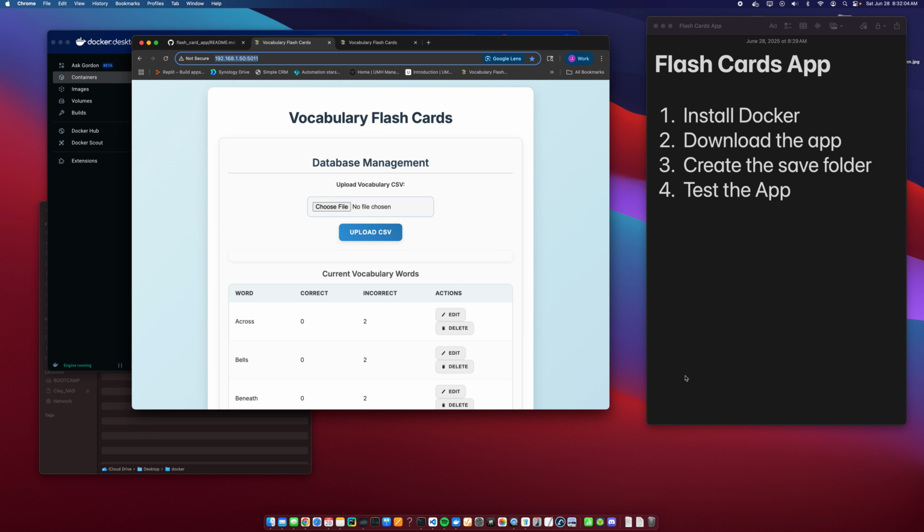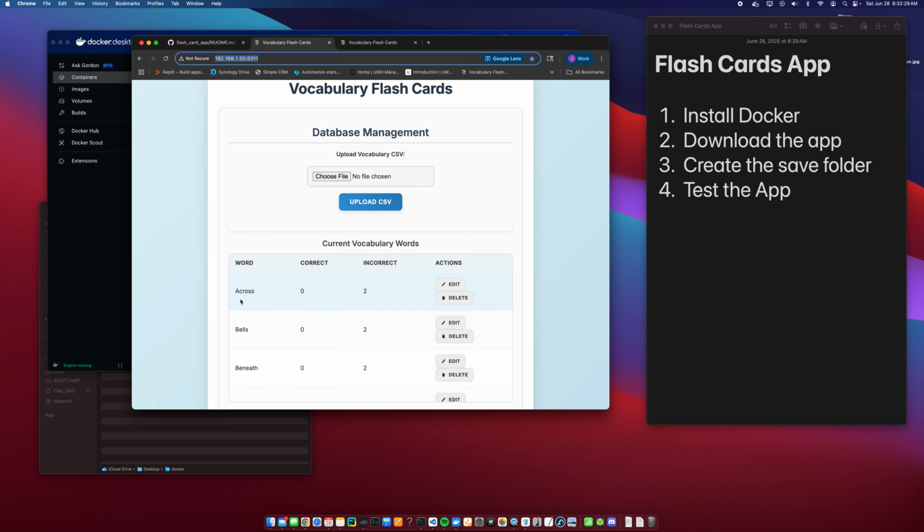Right. I'm going to show everybody a new app that's built here called the Flashcards app. I made this app for my son, and the idea here is that I wanted to track his progress with the ability to read. So this is like flashcards that you would present to any normal kid when you're practicing vocabulary. The idea is that you would flash a word like this across, or "bells," and ask them to pronounce